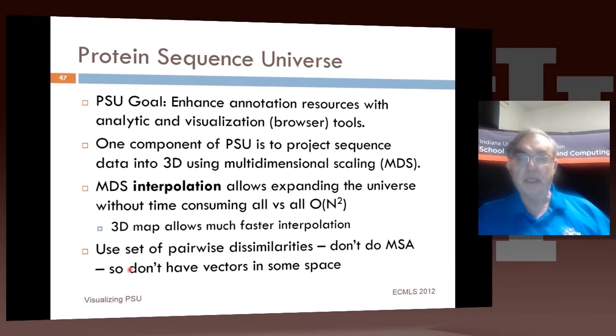Here's an example of work we did with a group from Seattle Children's Hospital, in Seattle of course, and it was to visualize a collection of proteins. This uses something we've mentioned already, multidimensional scaling. It's a way of taking protein data and projecting it into three dimensions. The idea is you'll have a set of protein sequences, and using MDS, you will project all those sequences to three dimensions, and you'll browse that sequence. So this is the Google Earth of genomics,